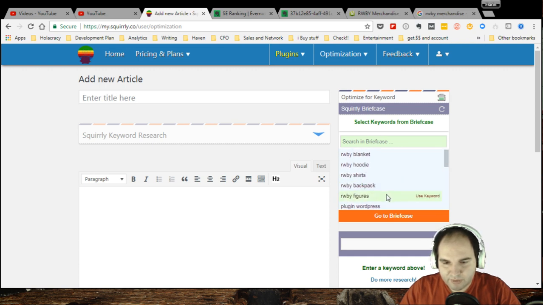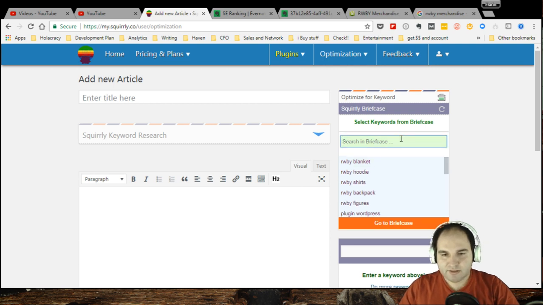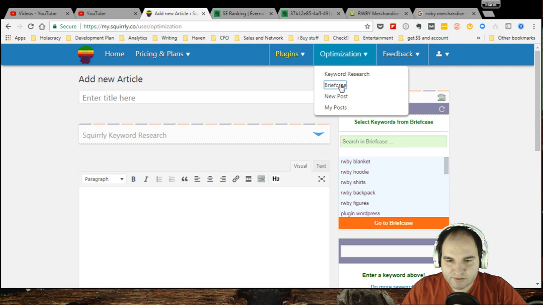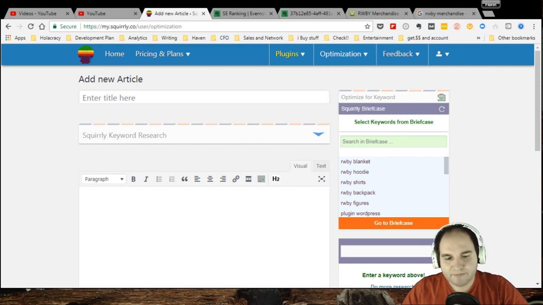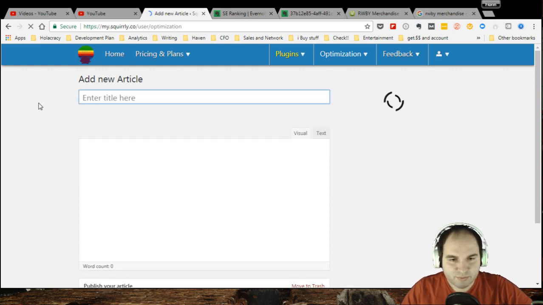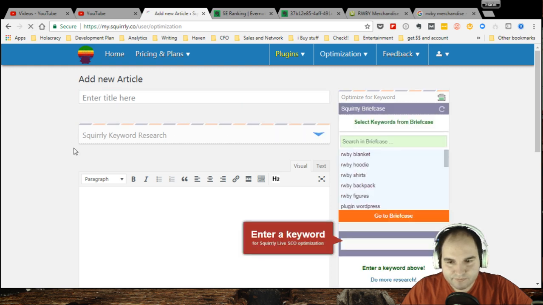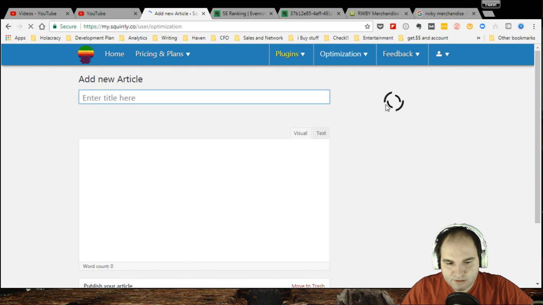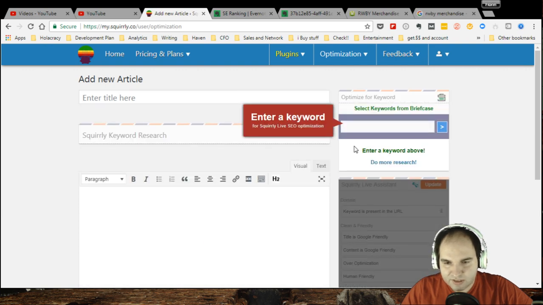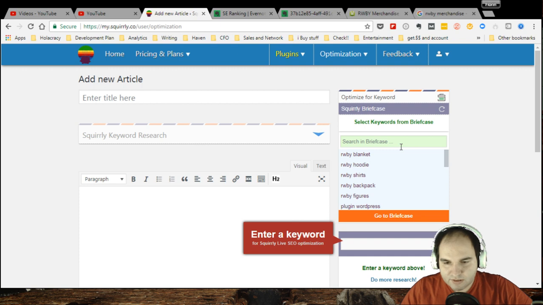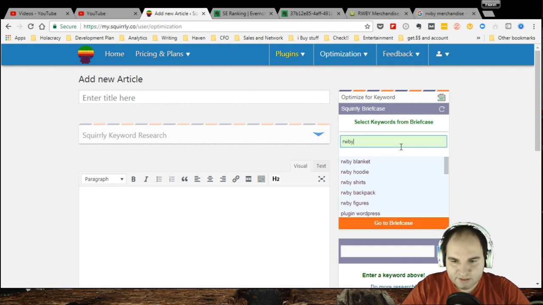Okay, so I have my Ruby stuff right here. You're going to see an update very soon to this section right here, where I'm going to be able to look at the labels and sort by label when I'm doing the multiple keyword optimization as well. Just wait a second, I want to refresh. So soon there's going to be an update, but until then let's just search like this,